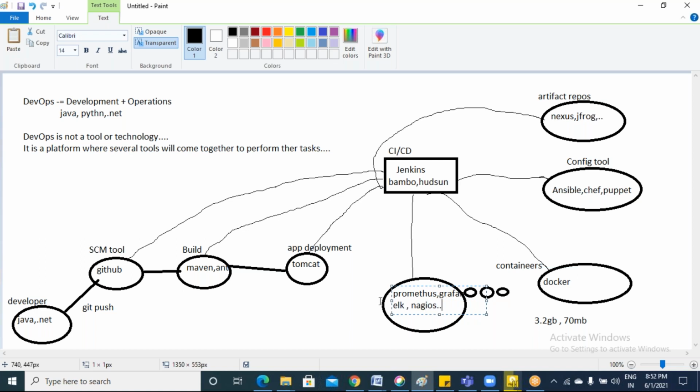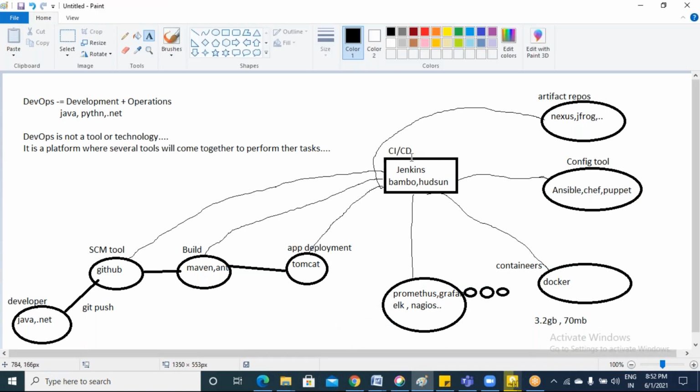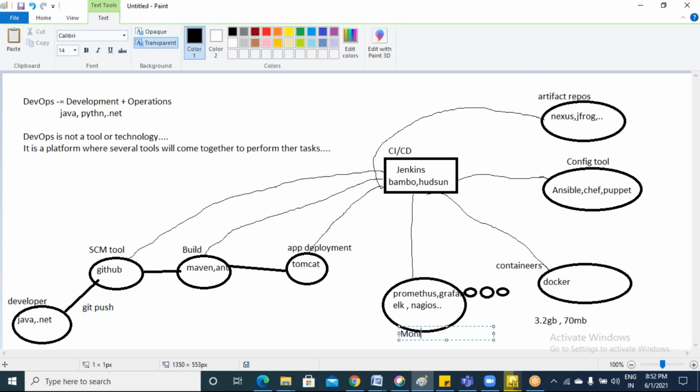These are all called monitoring tools, which we will be using and setting up with your Jenkins to monitor your entire servers. How many servers you are using in your environment, we need to monitor. So that monitoring will be done with the help of these tools.